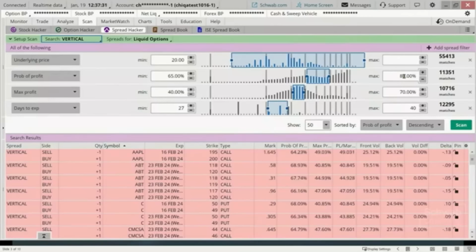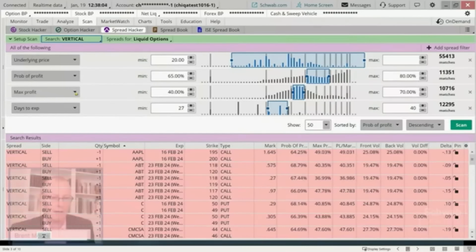Now, you may say large bid ask spreads, but I thought you were using the liquid options. Well, I am. However, even if you're out of the money far enough, even these liquid stocks sometimes will have some illiquid options. So that's why I put in that max parameter. I actually don't mind having a higher probability of profit, but sometimes you get some screwy results if you do that, okay?